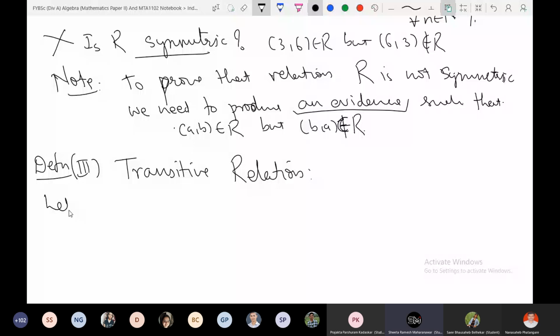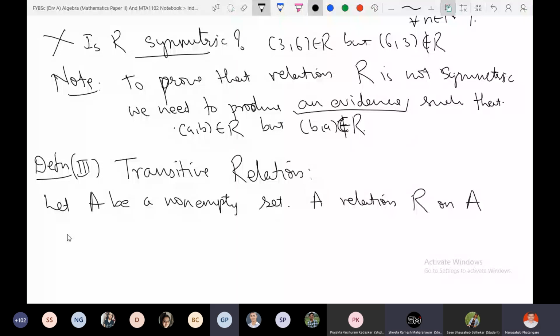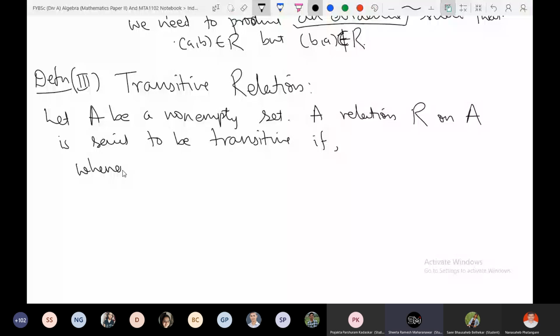So let A be non-empty. A relation R on A is said to be transitive if, for x, y, z in A, whenever x is related to y and y is related to z, it implies that x is related to z. That is,